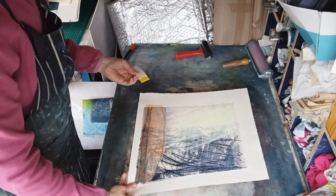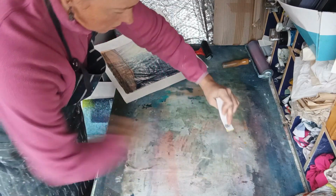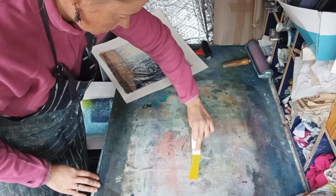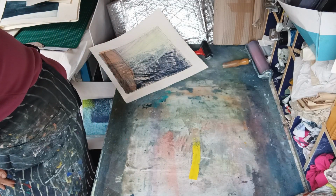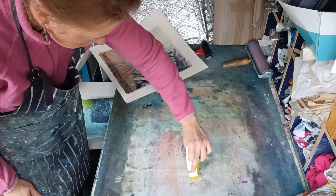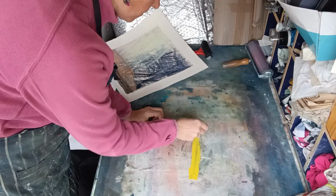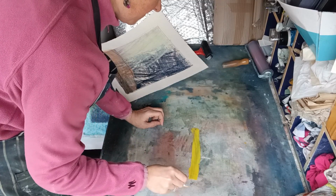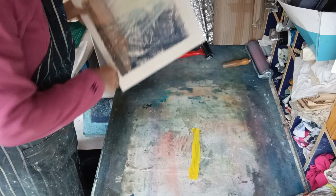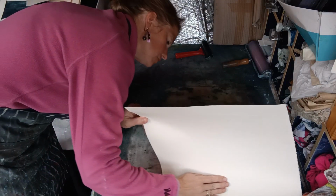So I am going to do quite a painterly mark on this one as well now. So I've got some yellow. It's a slightly softer, more orangey yellow. And I'm literally just painting it onto my surface, which is a piece of plastic, big piece of plastic, if you can't tell. I'm just putting it on the way I want it, because I'm not going to roll this out. I am literally just going to press the paper on as is. Now, some of it will splodge and splurge, some of it might not print exactly right, and that's the joy of it. And the other trick with this, obviously, is to lay the paper down exactly where you want